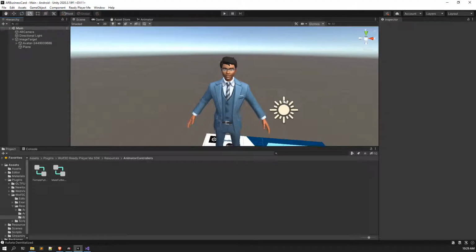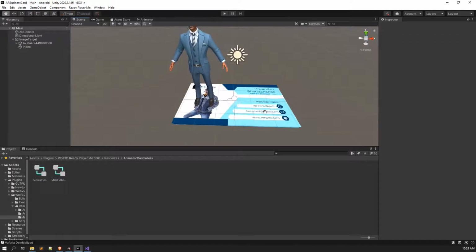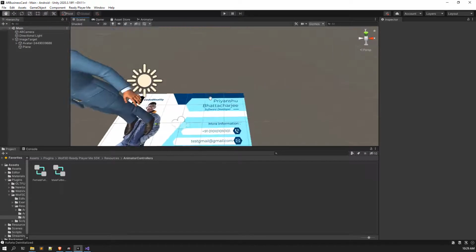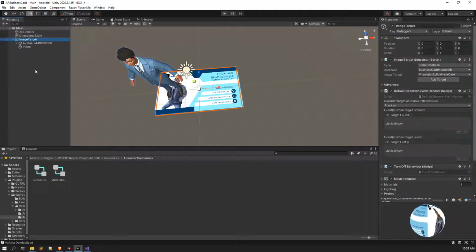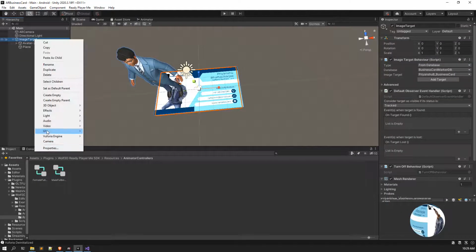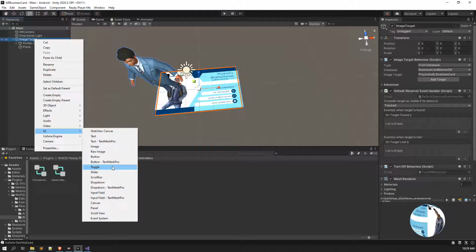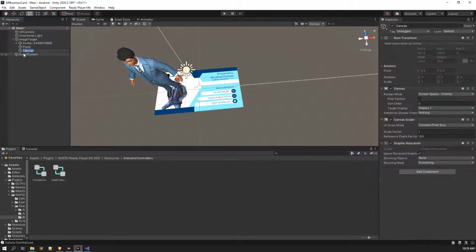Now, as our avatar is set up, let's also set up our UI. How to do that? This thing is fairly simple. Go to image target, click on UI, then select a canvas right in here. Currently this is a 2D canvas, and of course none of us want a 2D canvas. What you can do is go to